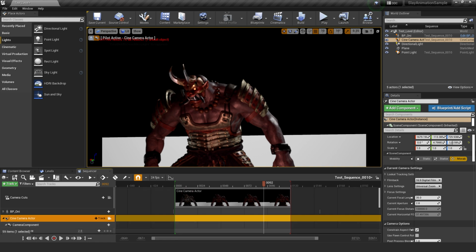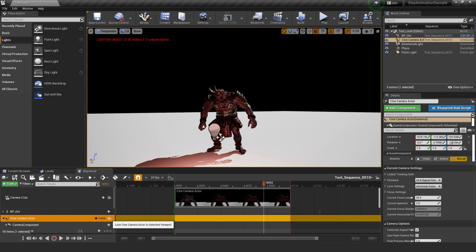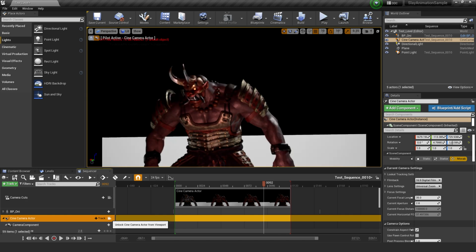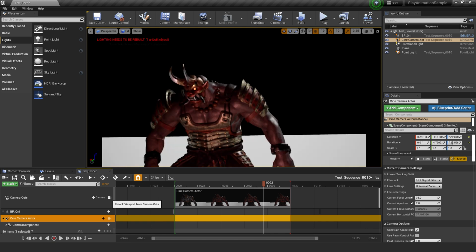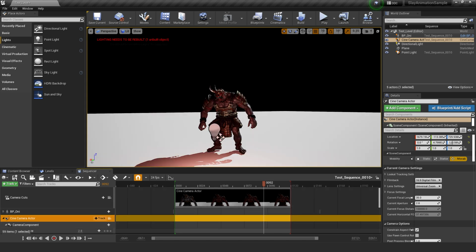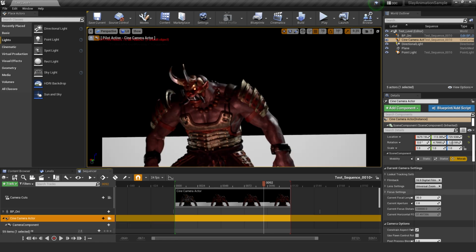What I mean by that is the camera icon, both in camera cuts and the cinematic actor, when pressed, snaps your editor viewport to what the camera is seeing. So you now effectively become that camera. When you select this button, you snap out of that camera. When you push it again, you snap into it. And for camera cuts, it's effectively the exact same thing. You just snap in and out of it, so that you can always see what the camera, your cutscene or your short, is seeing. That way you know how it's looking.